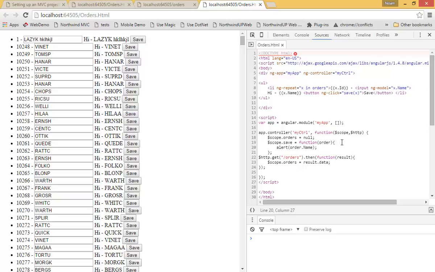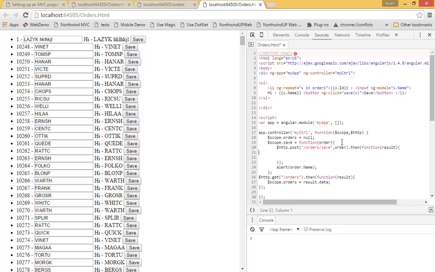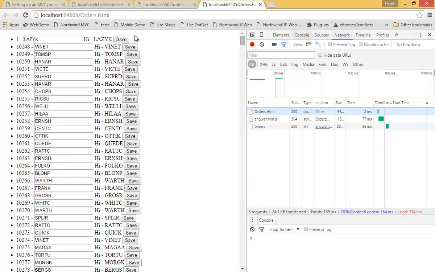So what we'll do here, we'll say $http.post to orders/save, and we will send it the order. And we can do then, which is what we want to do when this call is successful, we're going to say alert result.data. Okay, so if we do it now, great, we're happy. But if we click on save,